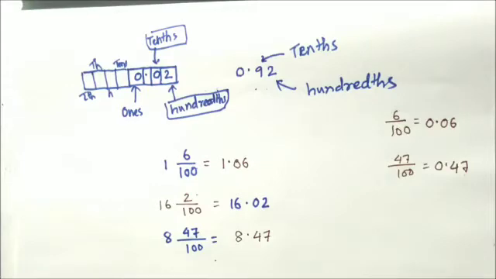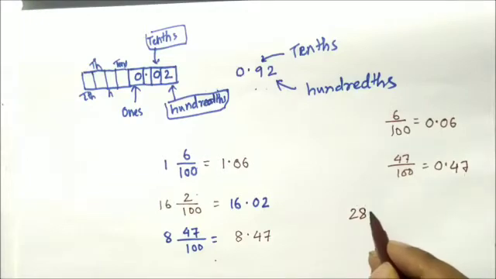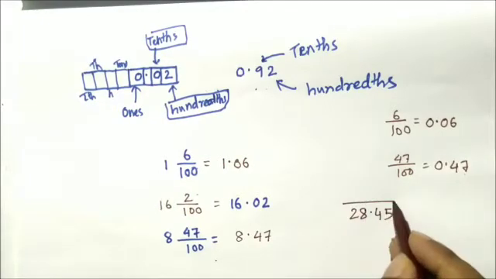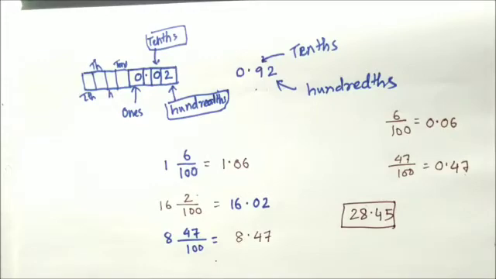Okay. Now tell me, if you have say 28 point 45, how will you read it? The number that is before the decimal point, this is called the decimal point, we will read it in the common way, that is 28, right? After the point, we will read the digits separately. 28.45,